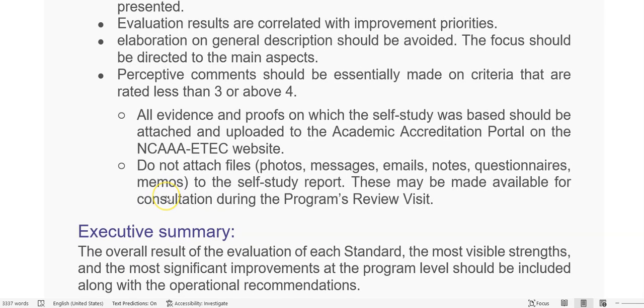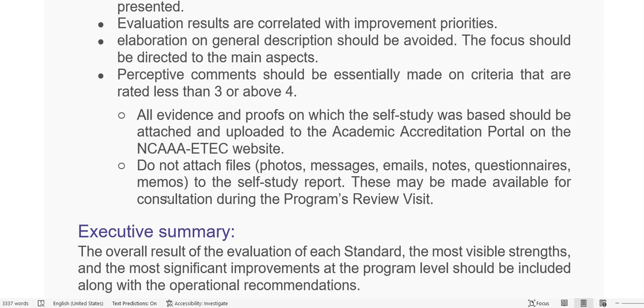So all evidence and the proofs on which the self-study was based should be attached and uploaded to the academic accreditation portal on the NCAAA ETC website. Really, from my own experience, now most universities or programs upload their material to Google Drive and send the link to the NCAAA and evaluators. But maybe now, because it is new regulations and new standards,